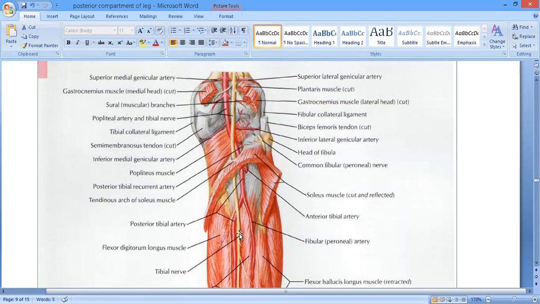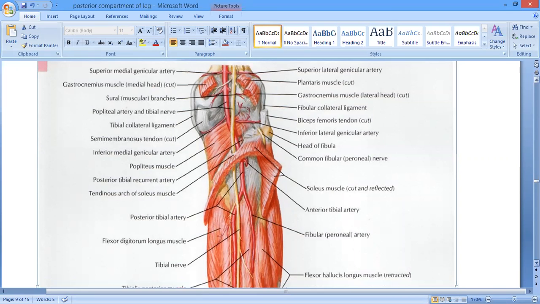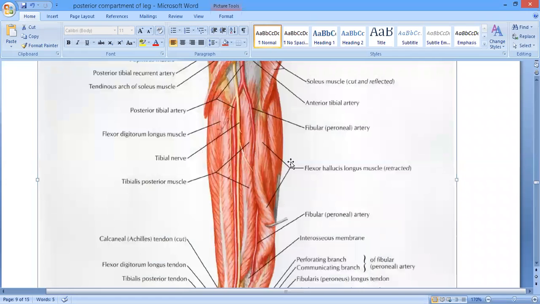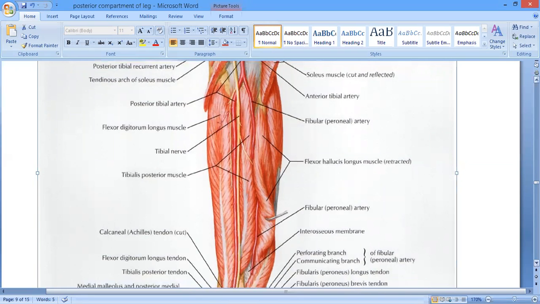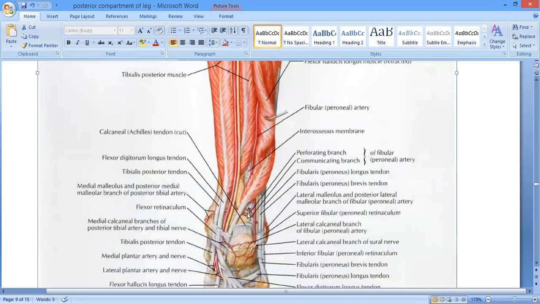Any problem, children? And again, by running on the lateral aspect of the artery, it has the same course as that of the posterior tibial artery. Both these structures run over the posterior surface of tibialis posterior in the upper part, and in the lower part they pass behind the posterior surface of the tibia, right? And then they pass behind the medial malleolus, behind the flexor retinaculum, between the flexor digitorum longus and flexor hallucis longus.